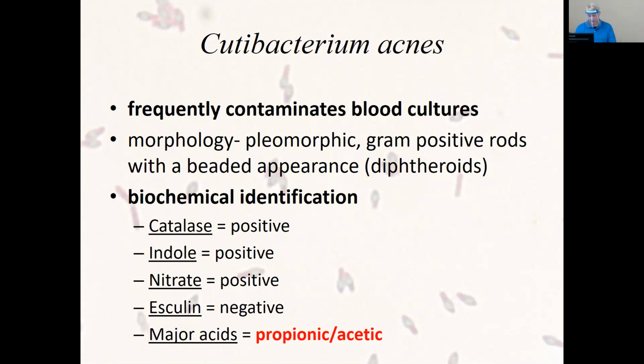Biochemical identification, it's a switch, right? This is one of the ones that was brought to my attention the other day. One of the gram-positive rods that was anaerobic, and they said, hey, it says it's catalase positive. And I thought you said they were all catalase negative, that's what made them anaerobic. This would be a little different, right? Catalase positive, indole positive, nitrate positive, esculin negative.